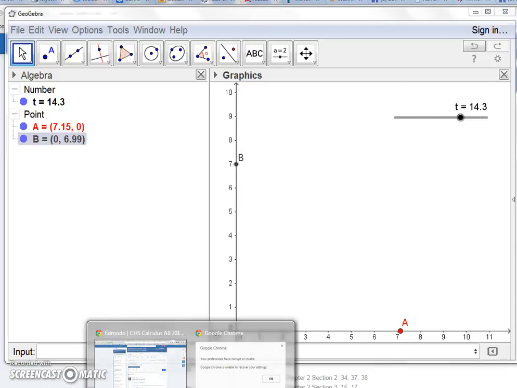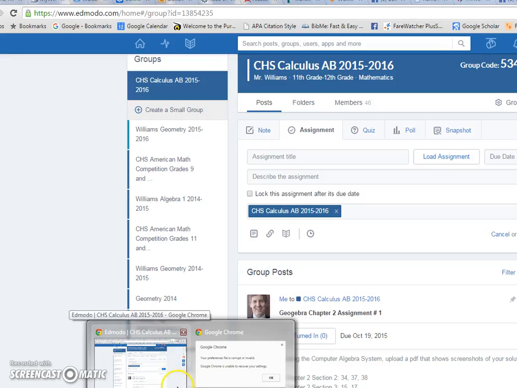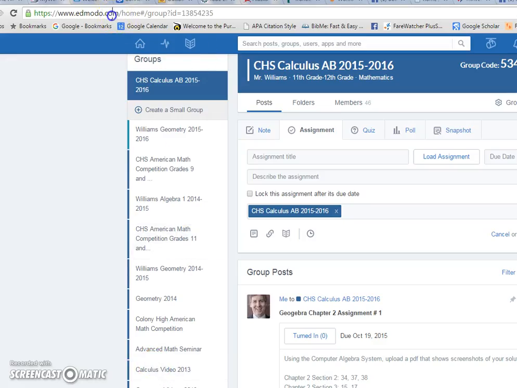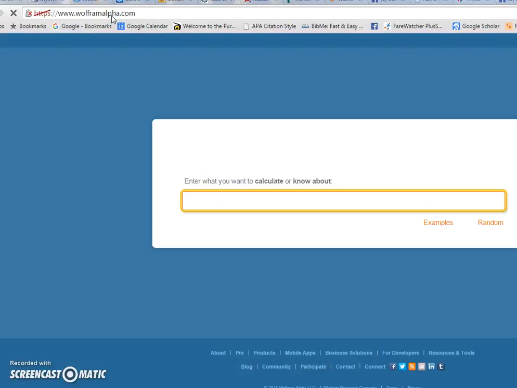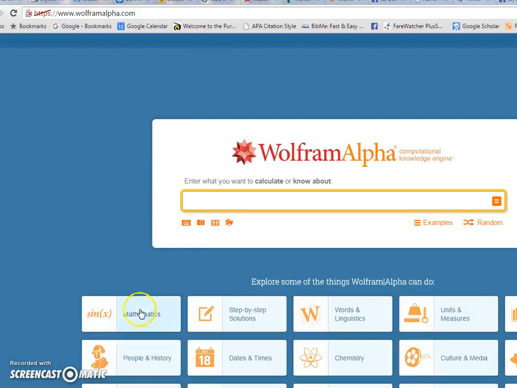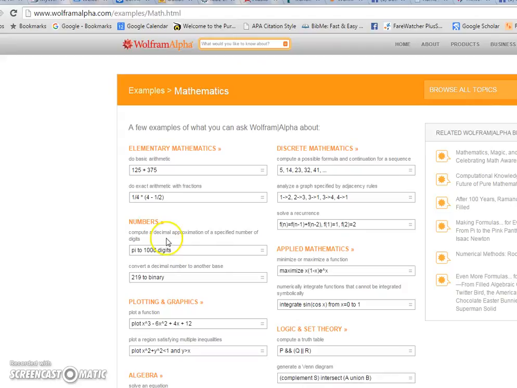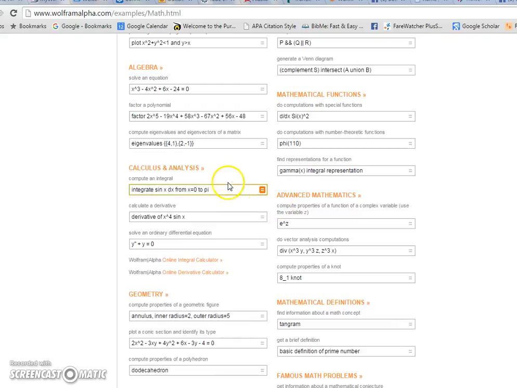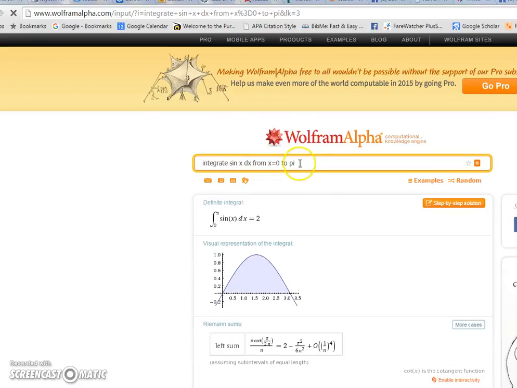Now I'm going to show you, it's not in GeoGebra, but it's a program called Wolfram. And the interesting thing with Wolfram, I can just click down here on mathematics. If you ever want to check yourself, we're going to go down to Algebra, Calculus, and Analysis. And I'm actually going to type in here, hey,